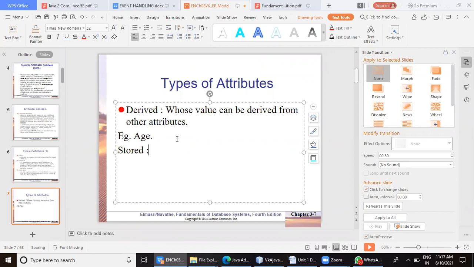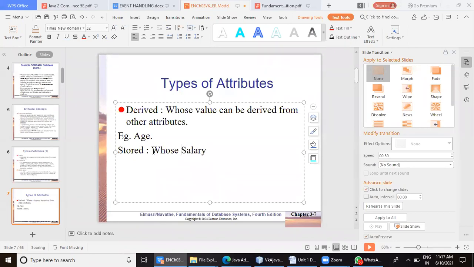So here provident fund is a derived attribute, whereas your salary cannot be derived. It should be defined by your employer or the organization. So stored attributes are those whose value cannot be calculated.